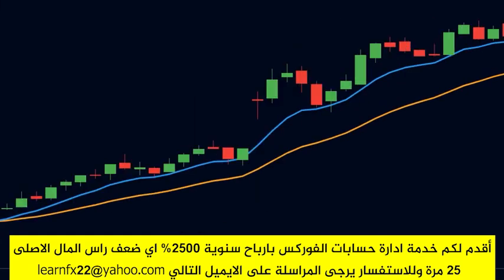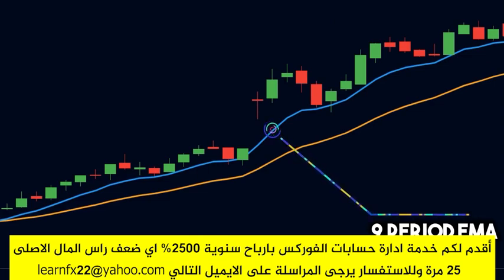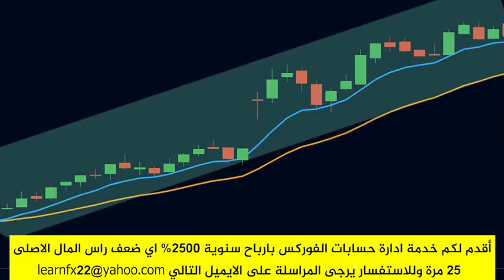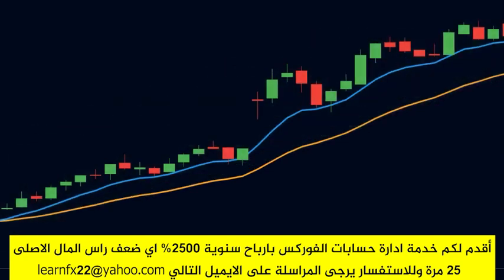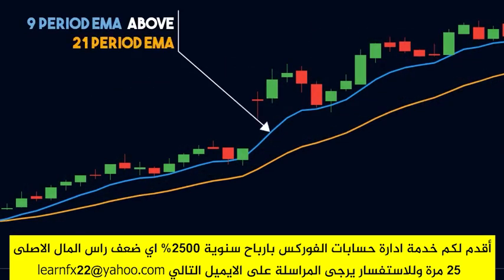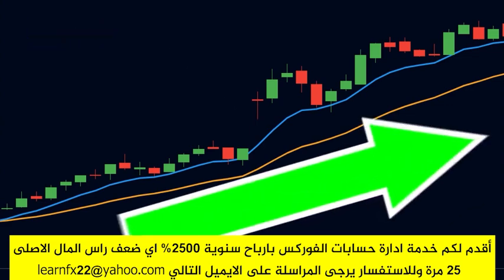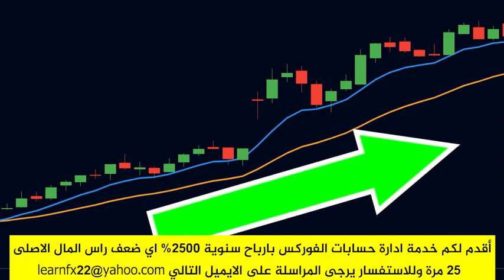This is how the moving averages look on the chart. Here, the blue line is the 9-period EMA, and the orange line is the 21-period EMA. In an uptrend, the price will stay above both of the moving averages, and the 9-period EMA will stay above the 21-period EMA. Another thing to note here is that the moving averages will be sloped upwards at an approximate